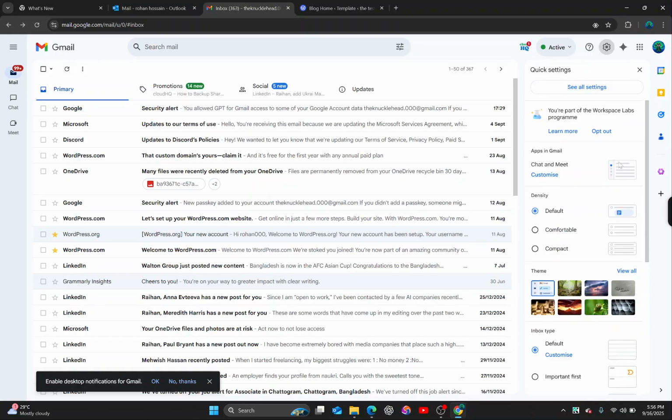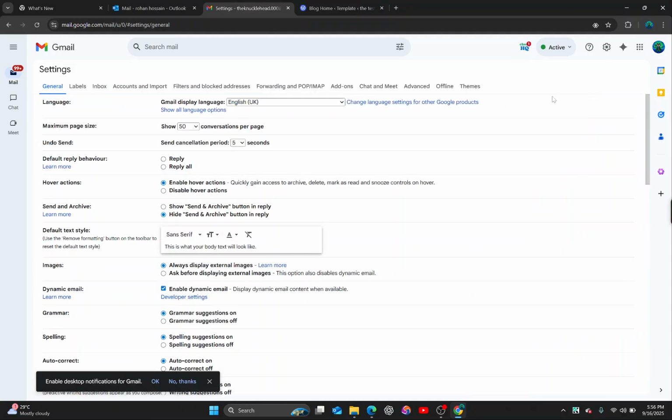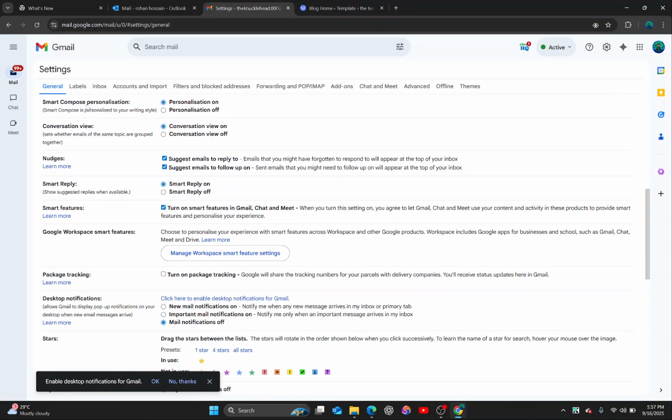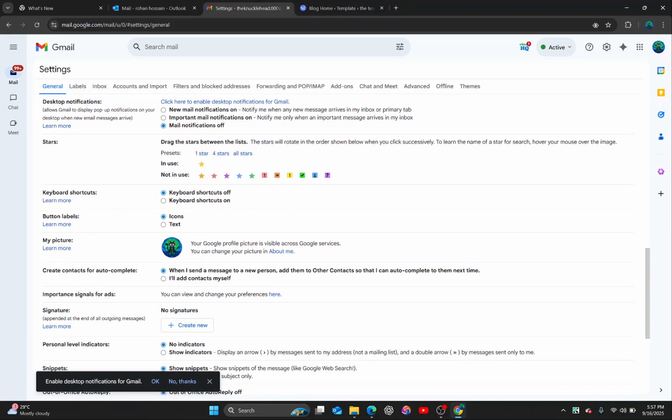Here it will show all the quick settings, but we are looking for a deeper setting over here. So we are going to click on see all settings. Click on see all settings. Here you can see many options, but what we are looking for is images section, which is hidden under the general tab over here. Click on the general tab and just scroll a bit and look for the images or